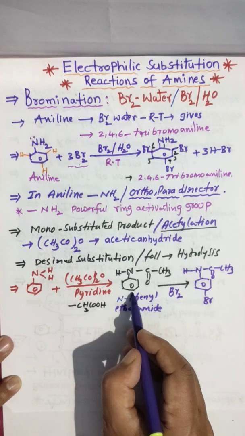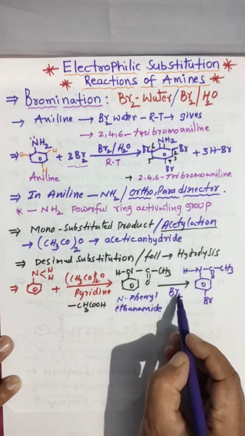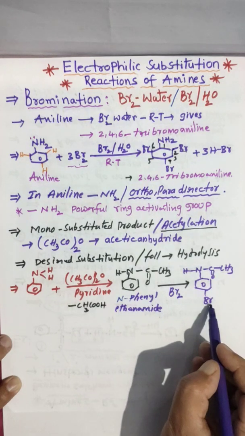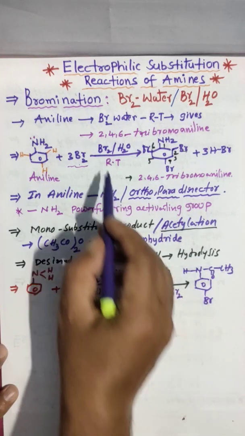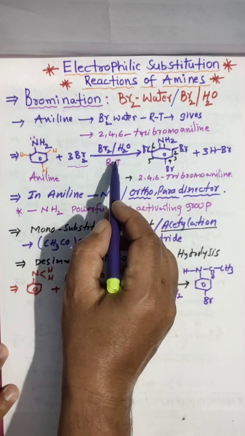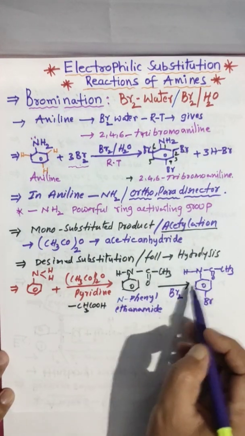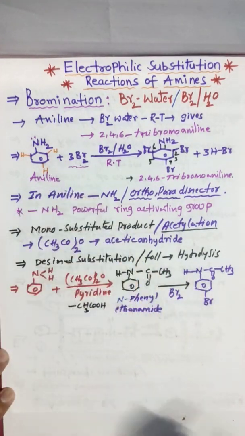Here one hydrogen is there, no? This hydrogen is removed as HBr with one bromine, and the bromine will attack at the para position. Why we can't do the same here, meaning why it will not attack at the 3 position, I will explain later. Clear? Later we will explain that.